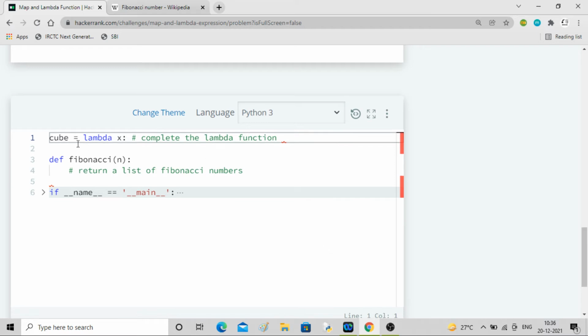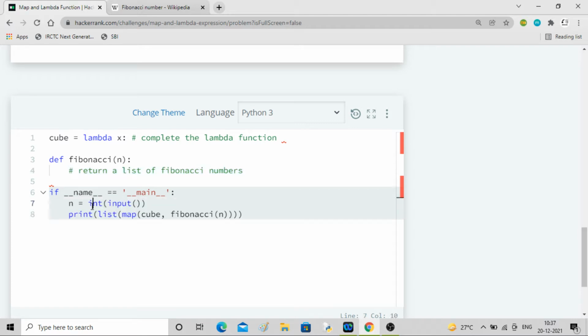So that's the task we have to follow. And what are we given? We are given this lambda function, which we have to finish. Lambda function, you can see x, so cube, but here we also have to finish the Fibonacci function. Inside this, the value of capital N is taken and passed to the Fibonacci function. So the Fibonacci series will be calculated.